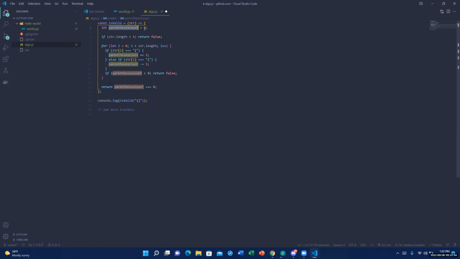So if the parentheses count is 0, it's going to return true. And in any case where, say, we have too many openings and not enough closings, it's going to come over here. So it's going to keep on decrementing this parentheses count. And if it ever gets to less than 0, that means that we have too many closings and not enough openings. It's then going to automatically hit this block here, and it's going to kick it out. And this one should have been the other way around. Yeah, there you go.